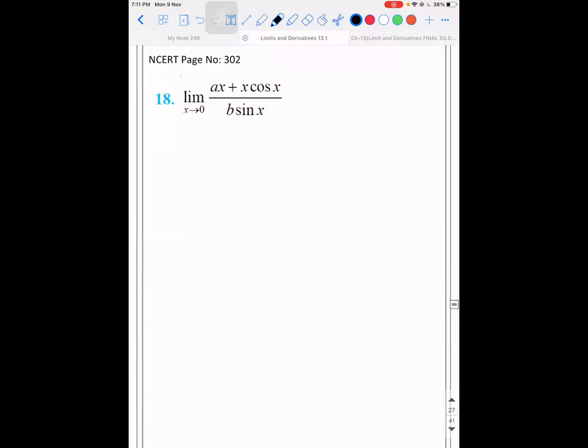So what is going to be the answer for the next one? If you substitute 0, a into 0 is 0 plus x, 0 into cos x is 0, divided by b into sin 0 is 0. So it will be 0 by 0 form. So here also we have to simplify. So cos 0 is 1, no, sir. Cos 0 is 1, but here you have x, no. This will become 0. Okay, sir. Understood, sir. So solution is